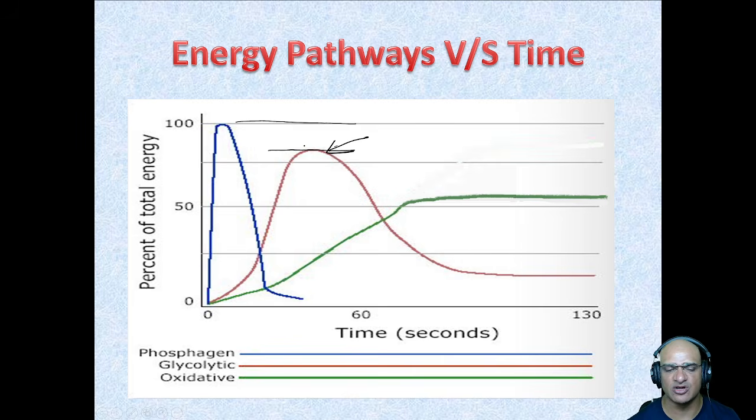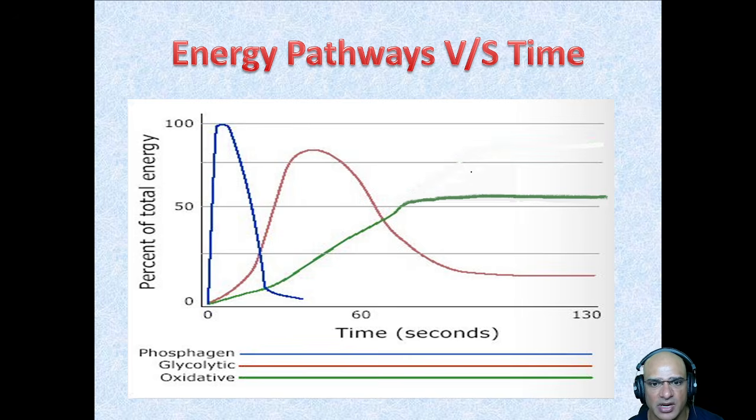What made me stop in the creatine phosphate system, the first system, is that I ran out of creatine phosphate. I had to wait for 2 to 5 minutes to recover, to resynthesize creatine phosphate. Whereas in the anaerobic glycolytic system, it's the lactic acid which is giving me the burn, and that's why I stop. The third energy system is called aerobic oxidative system, where I'm going to use oxygen and fat mostly. I can use glucose also. Percentage wise, I'll use a lot of fat, and I'm going to generate ATP from this, which can keep going on and on and on and on.